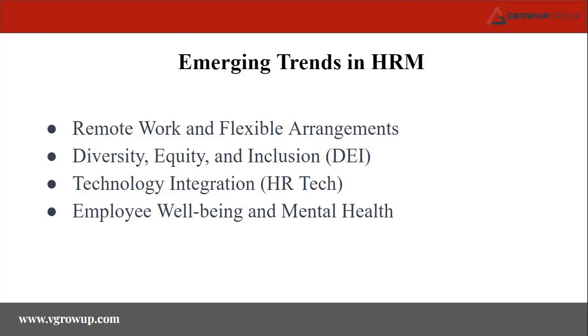First one, remote work. Before the pandemic, there were limited remote opportunities and flexible arrangements. But after the pandemic, everywhere you can see remote work opportunities and flexible arrangements as well. So people now, especially women, prefer to work at home, and prefer remote opportunities and flexible arrangements. Likewise, we have a 9 to 9 flexible work hour window. We have this work-life balance also with the remote opportunities.